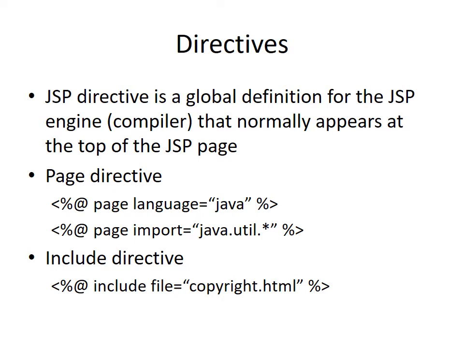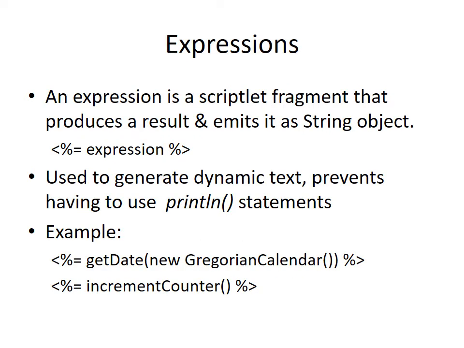So we will explore these directive tags in the next class, along with objects using the expression tag. It gets evaluated there. So I can say, see here, new GregorianCalendar. This is my built-in class. So I'm creating an object and I'm getting the date from the calendar, that is today's date. Or I can say my user defined class is there and I'm incrementing the counter. So I can even create an object, or I can call a method in the expression evaluation also.